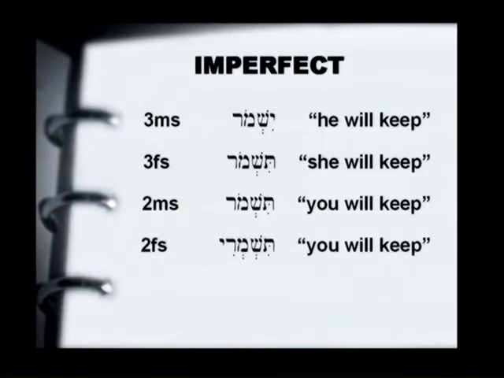The second feminine singular is tishmari. Two shvas in the middle of the verb means the first one is silent, the second one is vocal. Tishmari, you will keep. First common singular, notice the aleph prefix, just like we have on anochi and ani. I will keep: eshmor. Okay, let's read these five forms together. Yishmor, tishmor, tishmor, tishmari, eshmor.